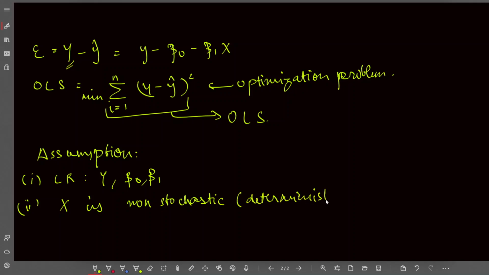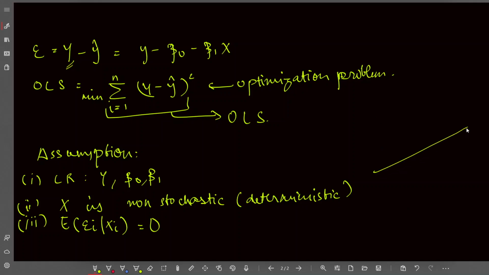This is a very important assumption that we have to make in order to arrive at the parameter values for beta naught and beta 1. The third one is that the expectation of the error eta i given some value xi is equal to 0. What this basically says is that,